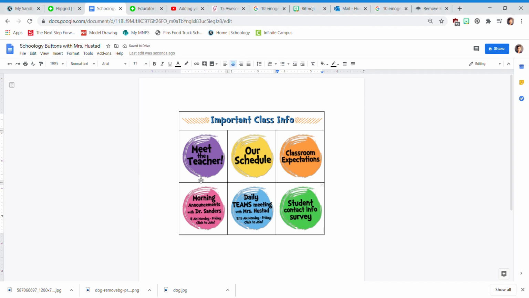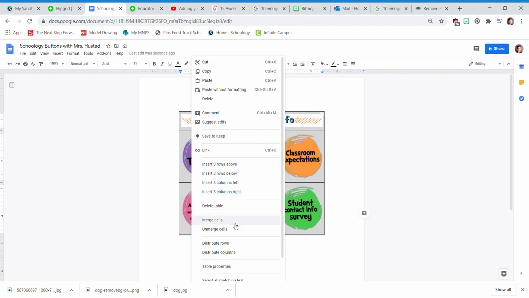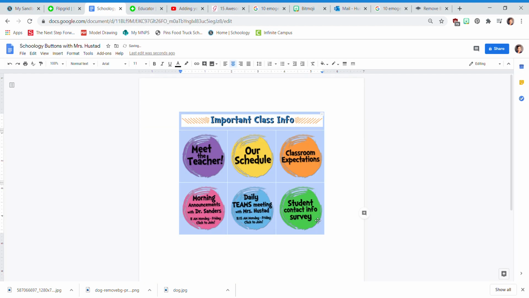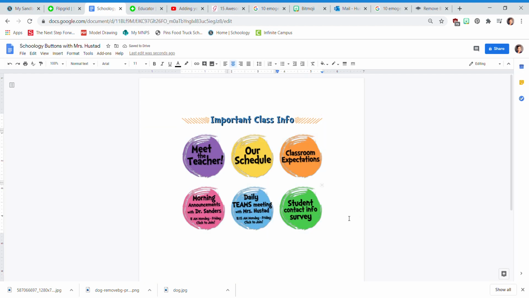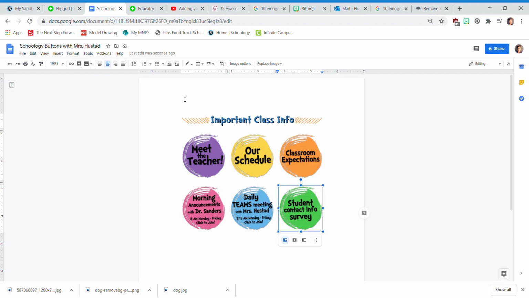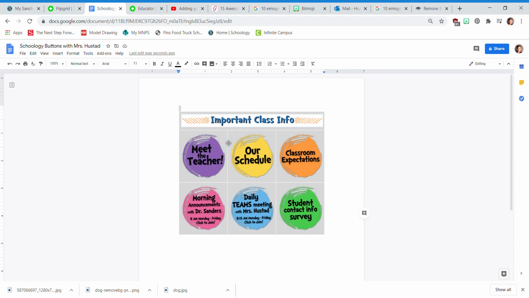All right, so now that I have the buttons that I want, I'm going to go ahead and select all, and then I'm going to right click and go to table properties. And right here where it's got the little black circle, that's the color of the border currently, and I want it to be white so that I can't see it. So now you'll see it just looks like they're floating, perfectly aligned, and I can go ahead and copy it